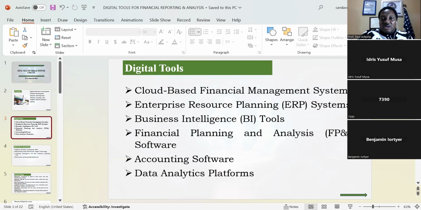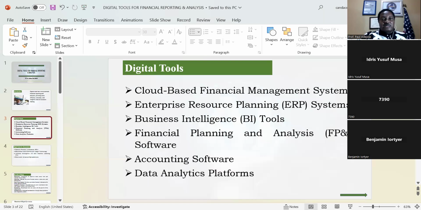Now, the next one we have is data analytics platform. When we say data analytics platform here, we have platforms like SAS. We mentioned that it enables complex data analysis, data mining, and predictive analytics. They support large-scale data processing and advanced statistical analysis. That is data analytics software.